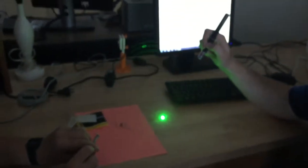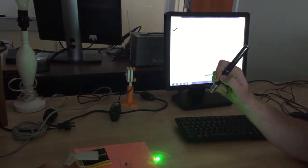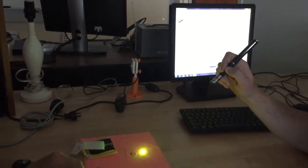So watch what happens. Yeah, there you go. So watch what happens when I shine this same green laser light onto this ruby. All right, and then Dr. Mulhall is going to pick this red. Ooh, that's so cool when it changes from green to yellow there. All right, so now when I get to that ruby,